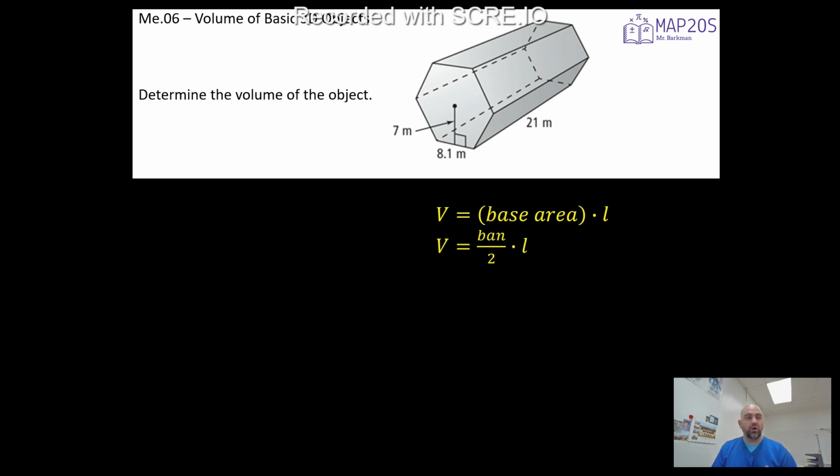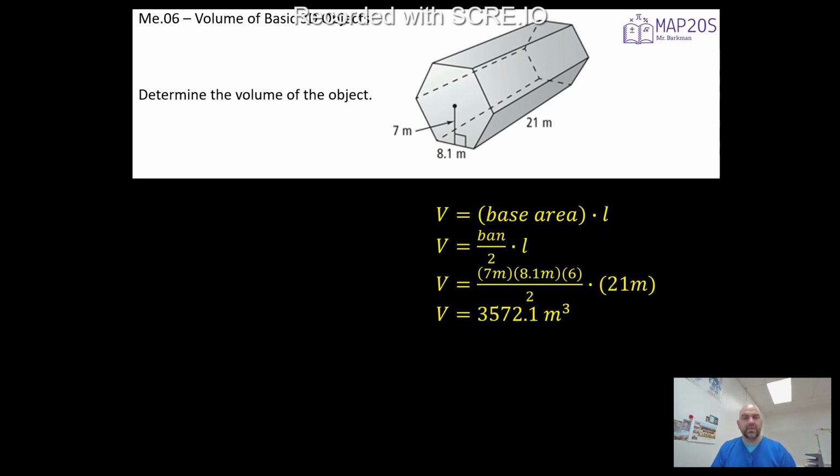Now you'll notice I'm using V for volume. Base and apothem, I think I actually mixed them. I did them in opposite order here, which is fine. It doesn't really matter with multiplying, but we're going to do 7 times 8.1 times 6 divided by 2. We're going to get some answer for the area of the base. Then we can multiply that number by 21, and you should get a volume of